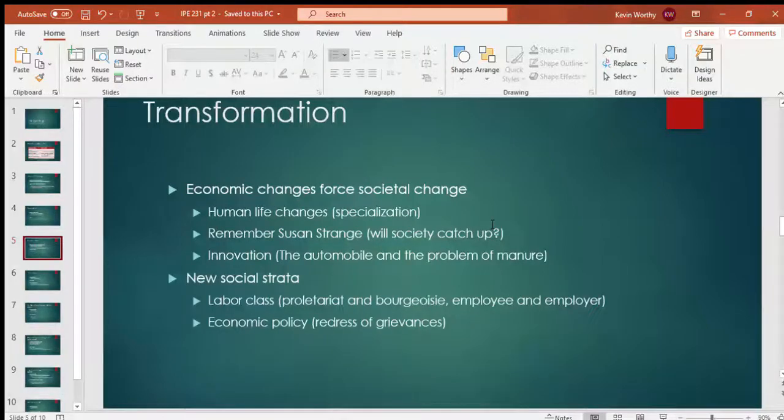It also creates in the 20th century this new social strata. Until the 20th century, you don't really have an industrial revolution that's as big. This is happening at the end of the 19th, beginning of the 20th century, and it introduces the labor class. For those of you who read the Communist Manifesto or have looked up Marxism, it's this difference between the proletariat, the working people, and the bourgeoisie or the petty bourgeoisie, those who own the resources. Owners and employees. Employee-employer relationships, and it creates these new grievances. So now you have a labor class that's struggling, that may not be able to have as much as they want, and you have owners that are just very, very wealthy.